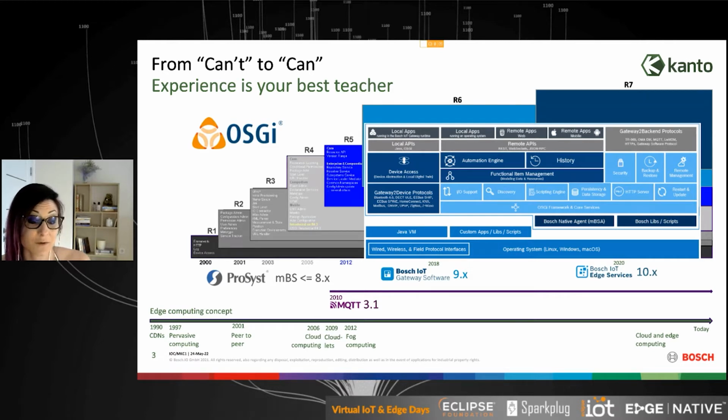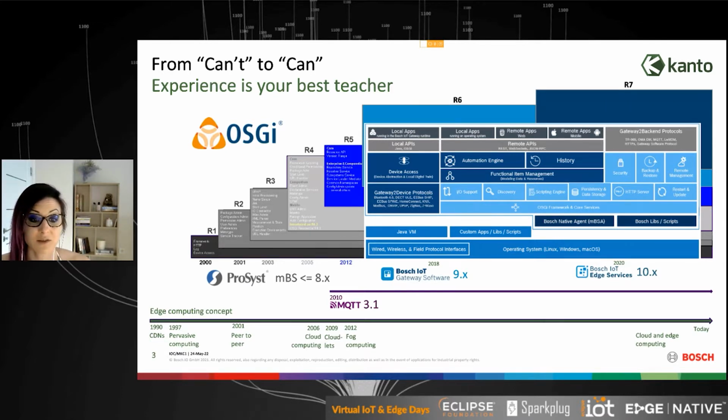You can start, for example, in 2000, when the first release of the specification was done, and back in the days when the first product of the firm, where the team started from, was released. After that, there were different iterations.